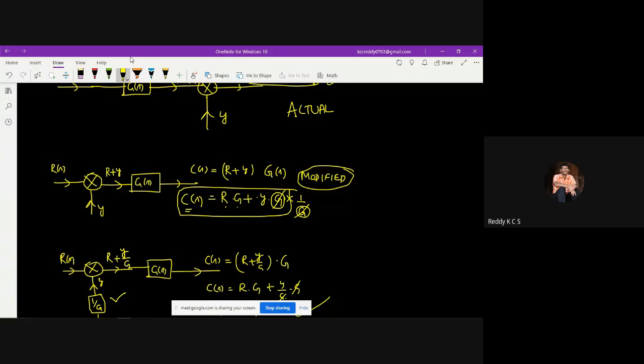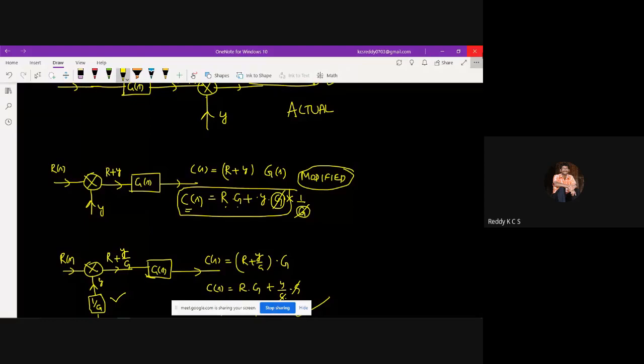So if g1 is there, 1 by g1; g2 is there, 1 by g2; g3 is there, 1 by g3. Likewise, the reciprocal of the block gain over which you are shifting that summing point will be included in this y signal. That is very important, a modification you need to make before shifting the summing point. So once you shift the summing point here, you need to represent 1 by G, the reciprocal of the block gain value over which you are shifting. You have to mention this in the block diagrams. So this is rule 3.